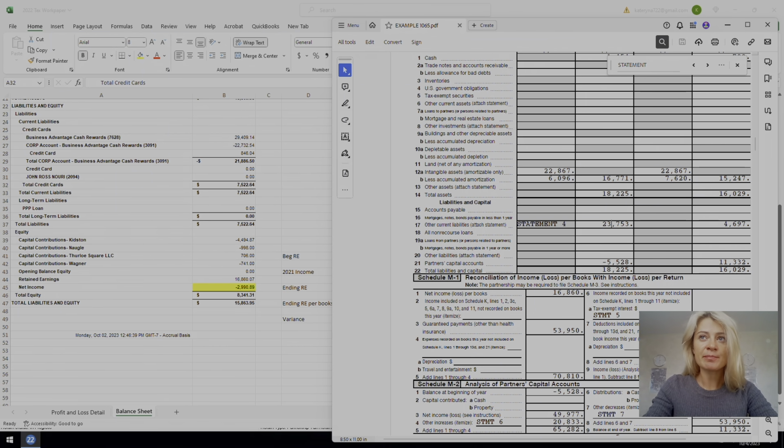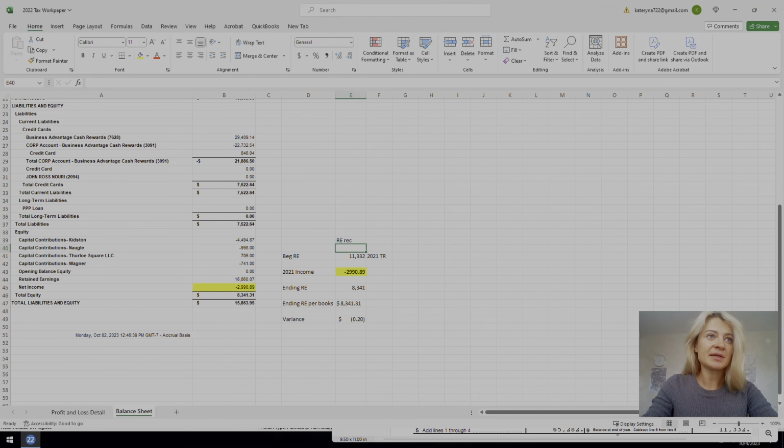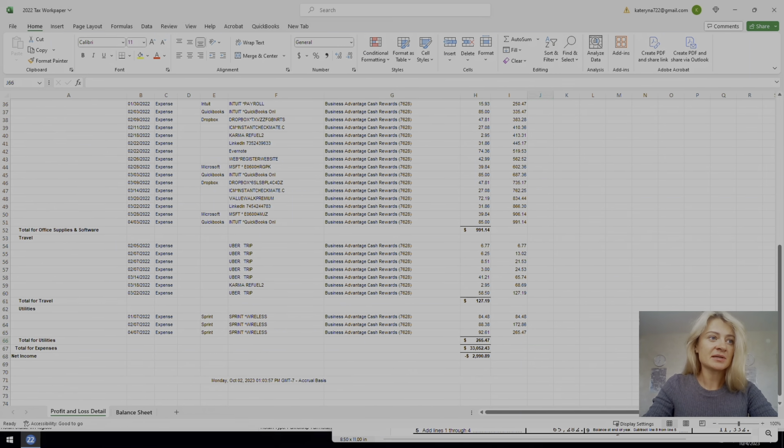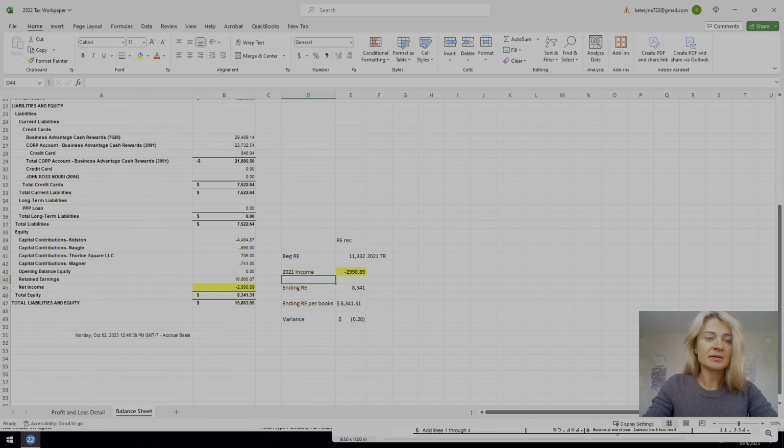Second, on the balance sheet, I want to double check that retained earnings tie. So I take this number from the 2021 tax return as beginning retained earnings, from the tax return, not from financials. I add 2021 income from our profit and loss. And if we have any distributions, we deduct distributions, or add capital contributions, and then here's our